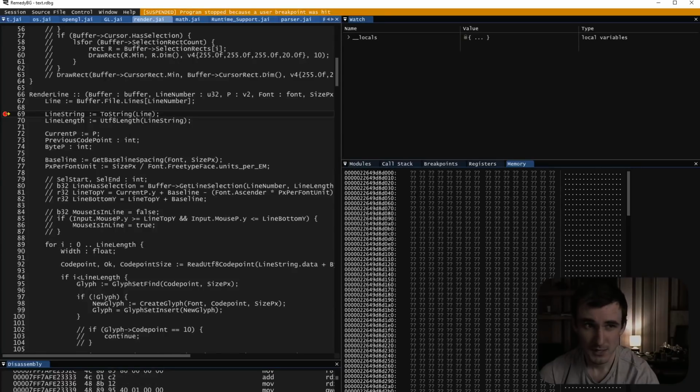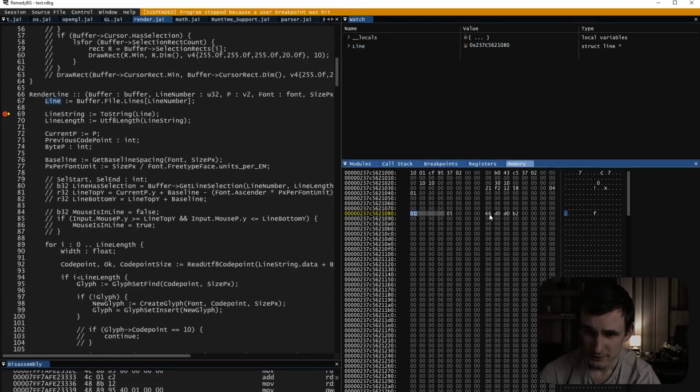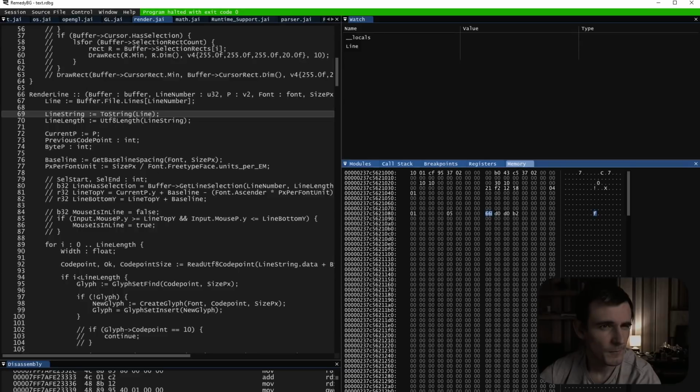Okay, same debug process. Let's take a look at the line. Oh, I see what's going on. See, there's D0 and D0B2. Our mem copy is broken. Where? That's actually the insertion code. That's not the rendering code. Insertion code